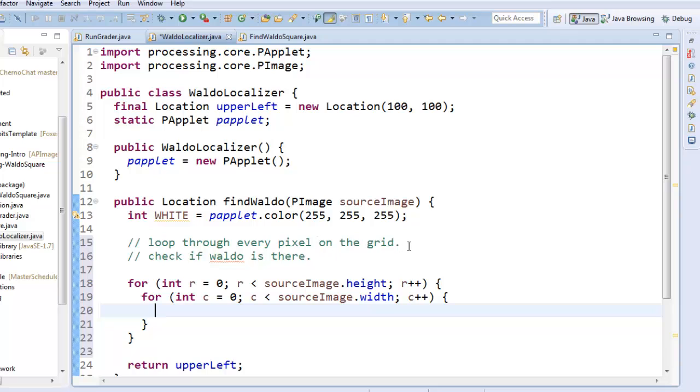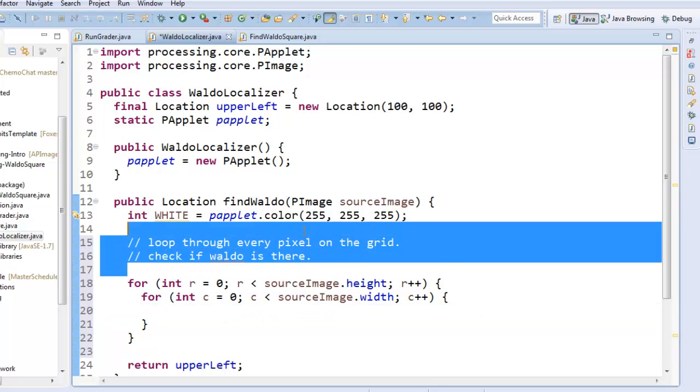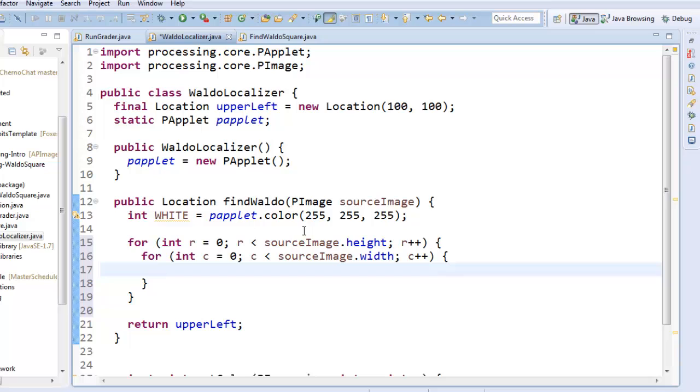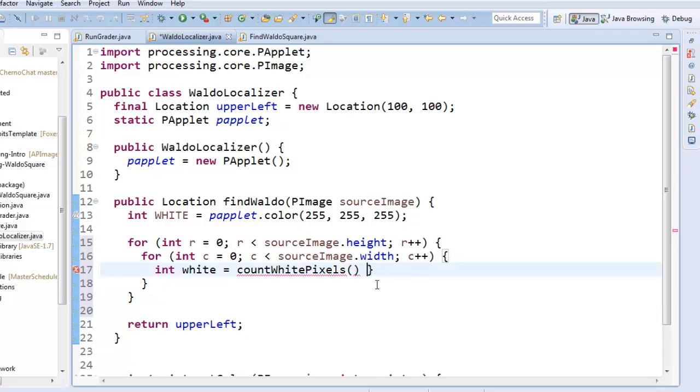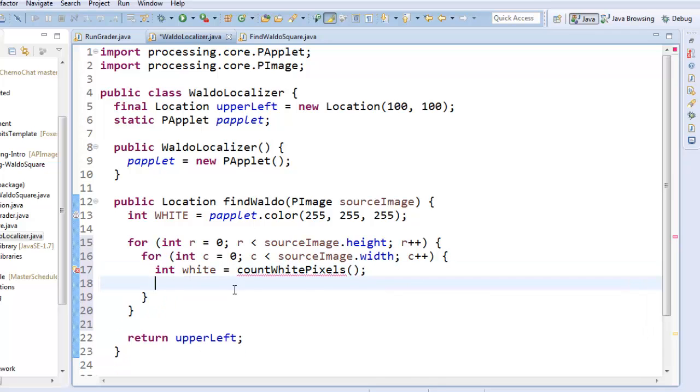Alright, so far so good. So I'm looping through every pixel on the grid. Let's check if Waldo is there. I guess I need some kind of measure for Waldo. So let's do something really basic. Let's try to count the number of white pixels that are in a little tiny square there. So I'll say int white equals count white pixels. And we'll figure out the parameters for that in a second. So I'm counting the white pixels, and if white is bigger than something,